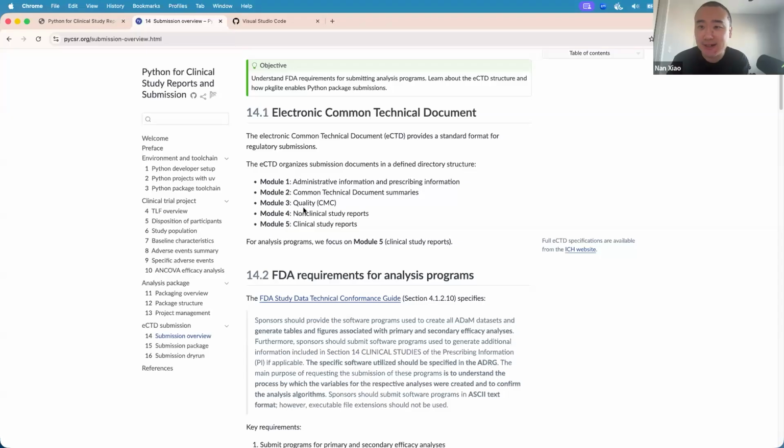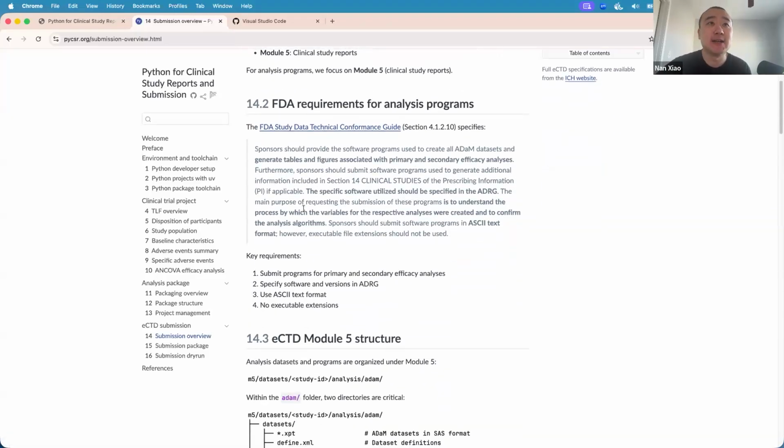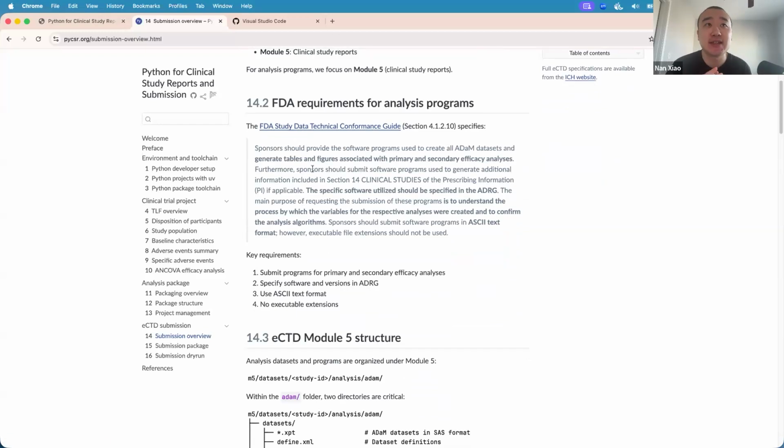Surprisingly, that came from very specific requirements in the study data technical conformance guide from the regulatory agency, saying that you should submit your software programs in plain text formats instead of binaries like exe files. That's absolutely not acceptable, right? For very good reasons, I can see that.